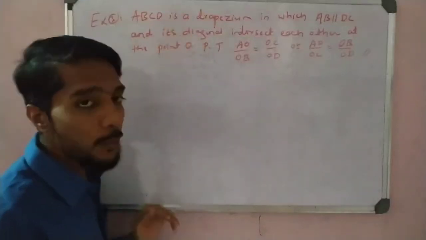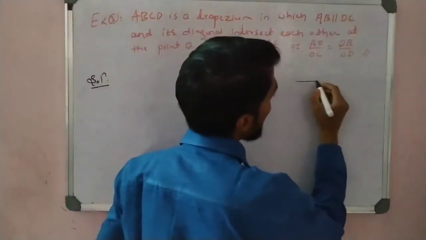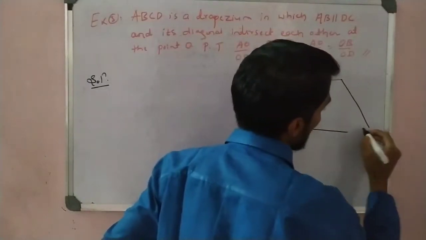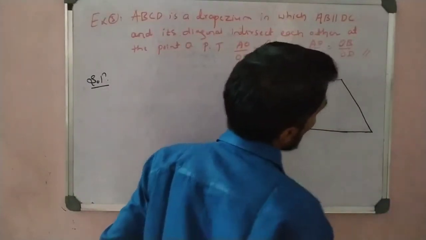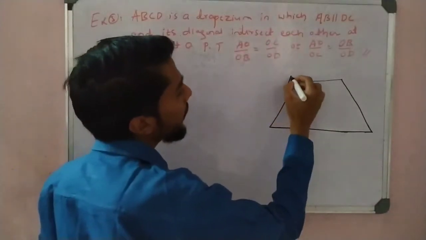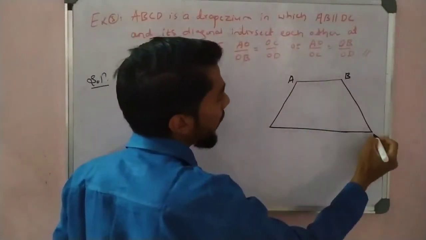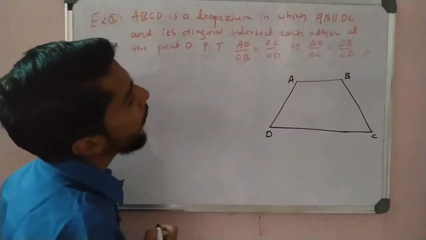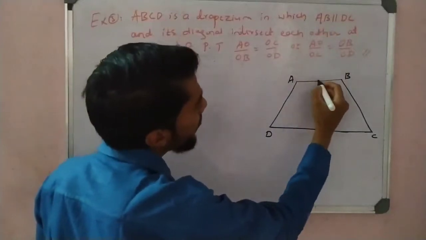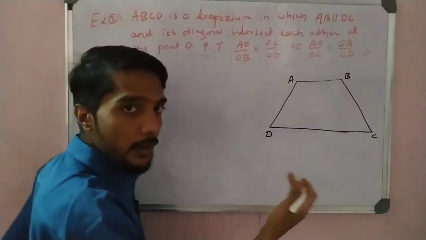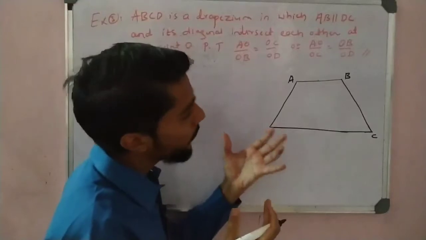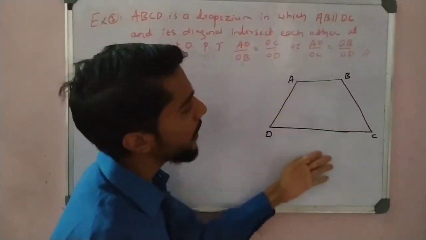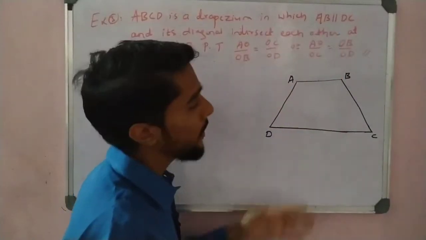Okay, see here, trapezium. You know what the diagram of a trapezium is? This is a trapezium, and I can name it A, B, C, D, like that. Now let us see what is given. AB is parallel to DC. That is actually the trapezium definition. A trapezium is a polygon in which the opposite sides are parallel to each other. So that is AB and DC. That is the definition of a trapezium, so that is very important.